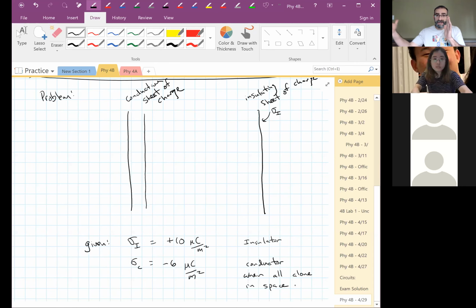Now we're going to bring this insulating sheet of charge up near it. And what's going to happen to our conductor? The charges are going to redistribute. They're going to move around. We're not going to have half on one side and half on the other anymore. They're going to redistribute. So the question is,